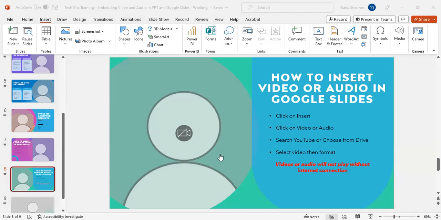Okay, so here we are with the blank Google Slides presentation. I'm going to show you how to insert a video a couple ways into Google Slides. You go to Insert at the top toolbar, then Video, and as you can see, you have two options. I'm going to go back because I've already done this. So this is what it looks like when you first insert video. You can search for a video on YouTube, or you can go to Google Drive and insert a video that